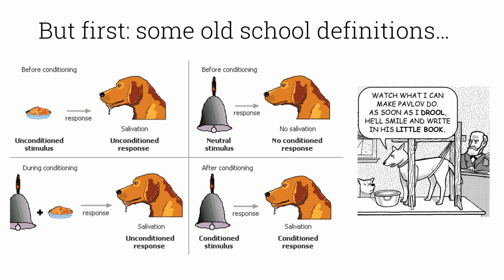Again, before conditioning, we introduce a neutral stimulus, and the dog will have no response. So it's not going to respond to the bell because it hasn't been paired with any unconditioned stimulus. But during conditioning, we'll pair the bell with the unconditioned stimulus, and the dog will have the unconditioned response, the salivation. So after a while, the bell and the food will be paired so that after conditioning, when the dog